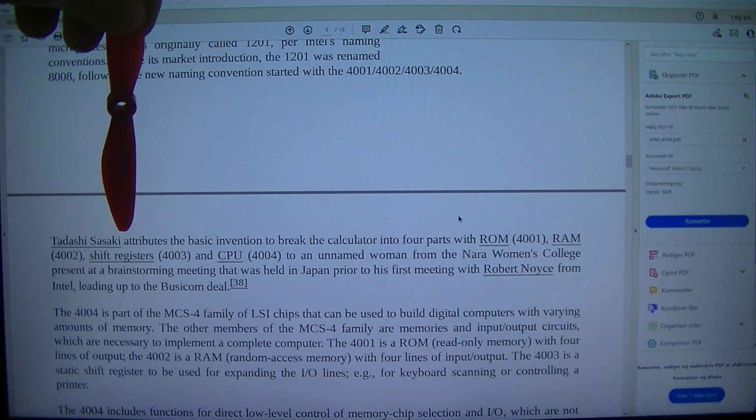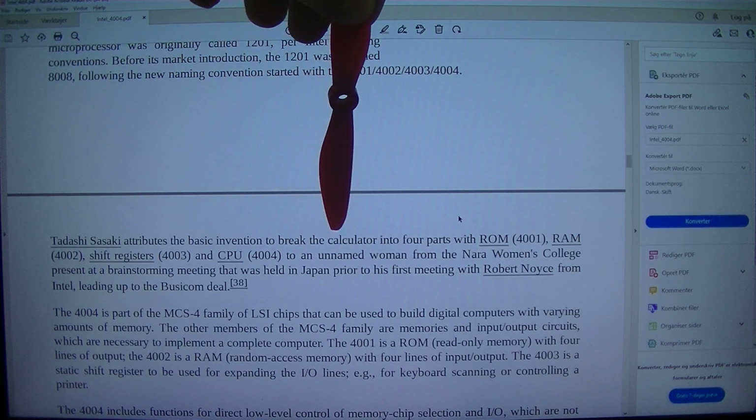Tadashi Sasaki attributes the basic invention to break the calculator into